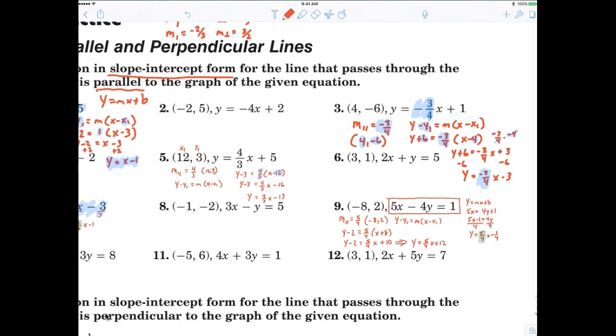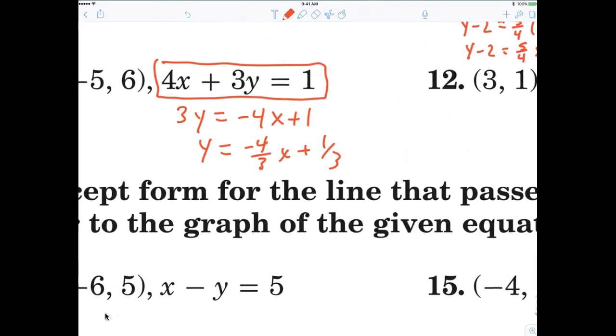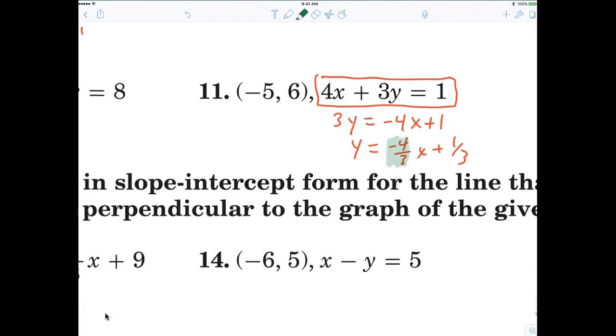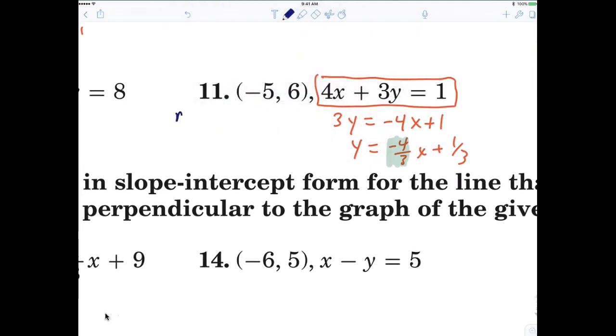Now let's take a look at number 11, the last odd problem. So for the last odd problem again, here we don't know what the slope is, so I have to solve that for y. So 3y is equal to negative 4x plus 1, divided by 3. Y equals negative 4/3 x plus 1/3. Now what does that allow us? That gives us the slope. So now the slope of the parallel line is equal to negative 4/3,